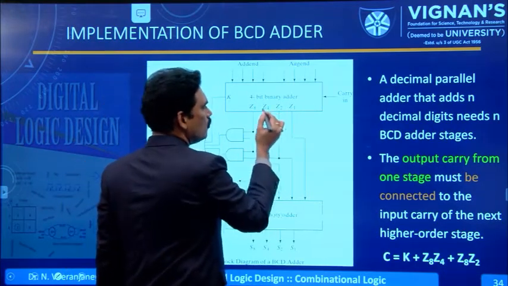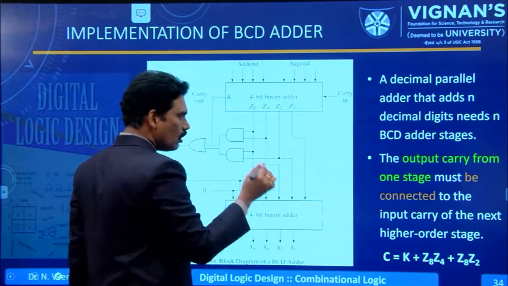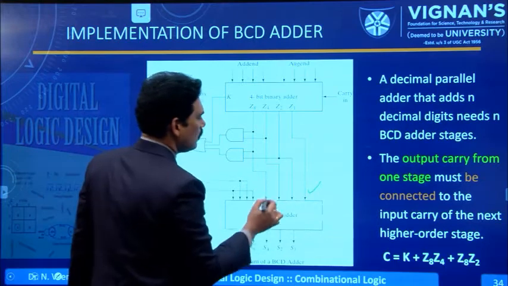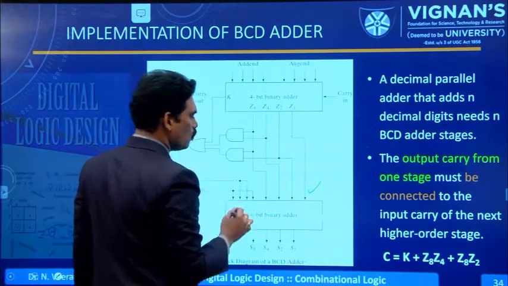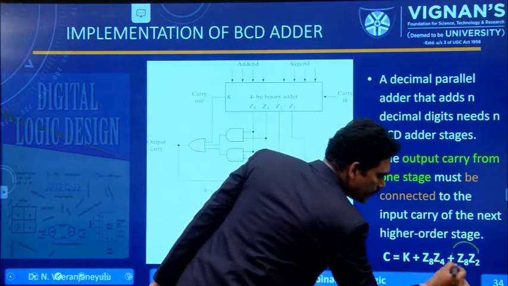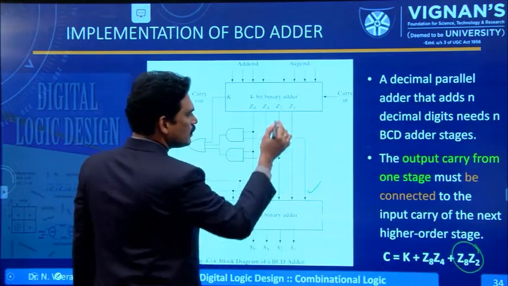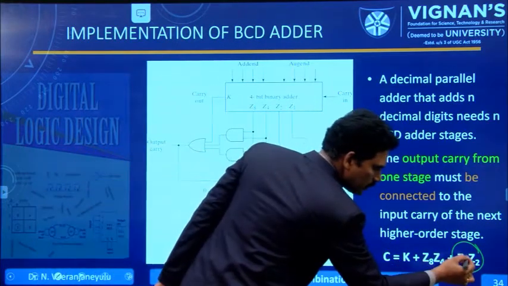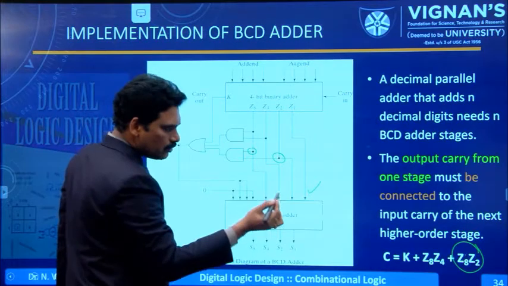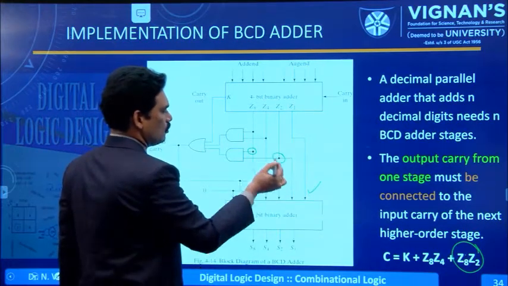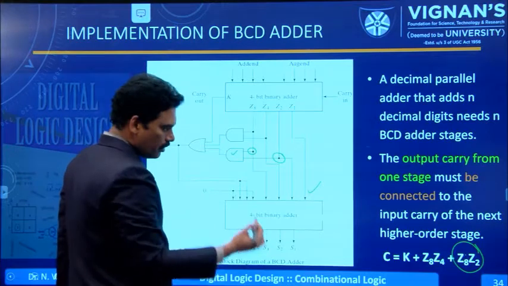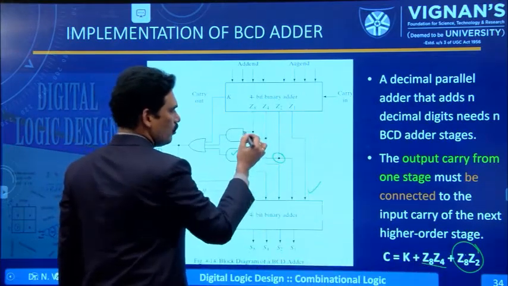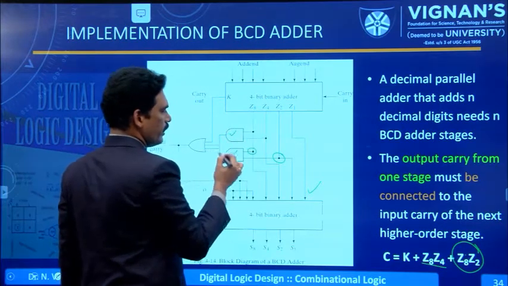So, Z1, Z2, Z4, Z8. We are taking Z1 as it is, no problem with this. For Z2, in some situations we consider Z2 also. Here, Z2 into Z8. Which operation is that? This is an AND operation. Z2 into Z8, so we are performing an AND operation. Now another one is Z8, Z4. Okay, this is another AND gate.